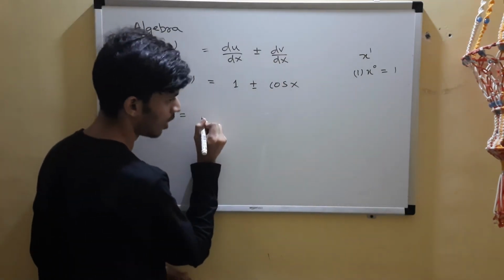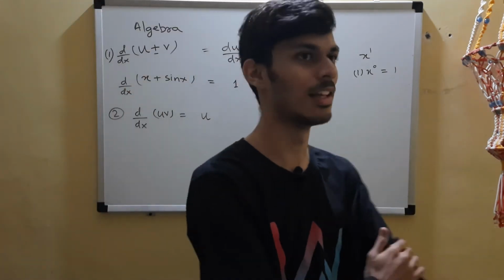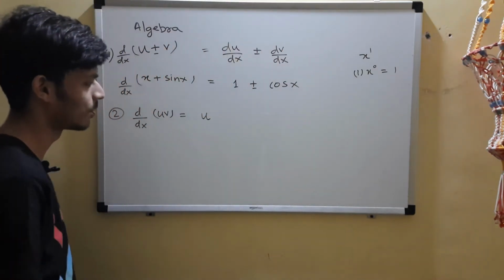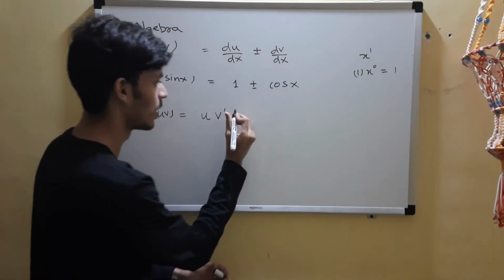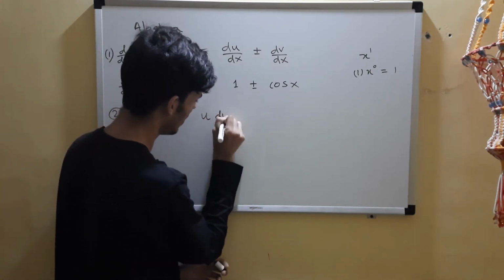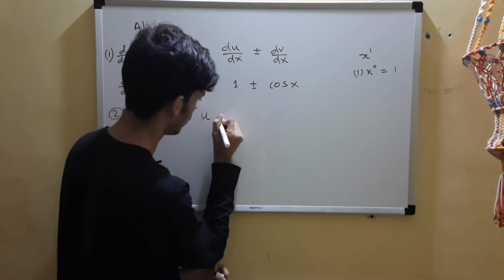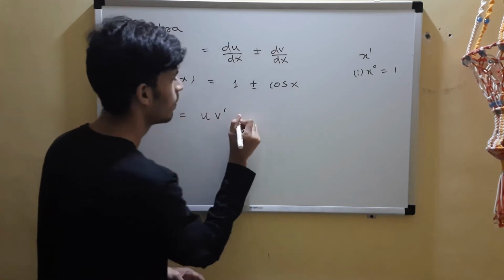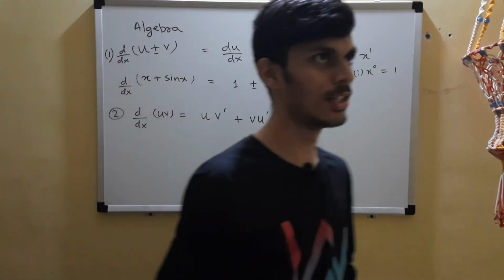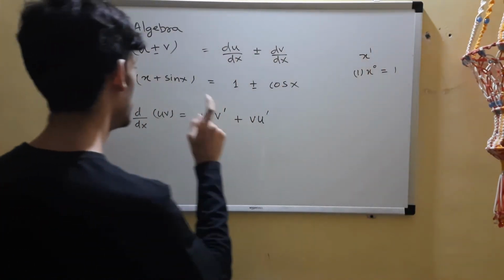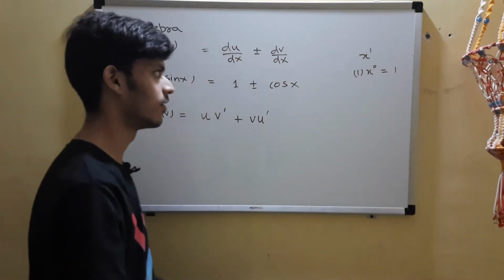So this also comes out from the proofs. Actually, I have learned this in college and not in class 12th. They won't provide you this proof in class 12th also. So u into derivative of v. I'm replacing it by a dash, not to confuse, it is dv by dx. U into derivative of v plus v into derivative of u. So easy to remember. The sign is always plus. So first function into derivative of the second function plus second function into derivative of the first function.